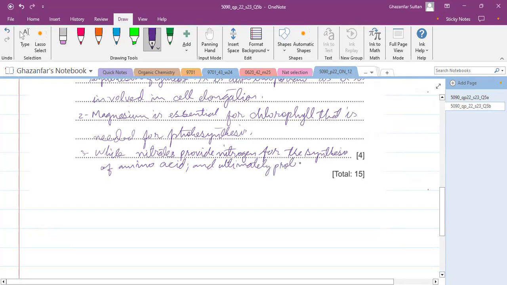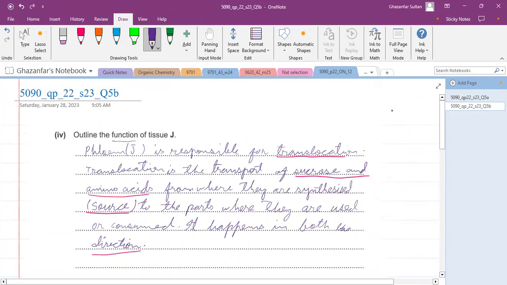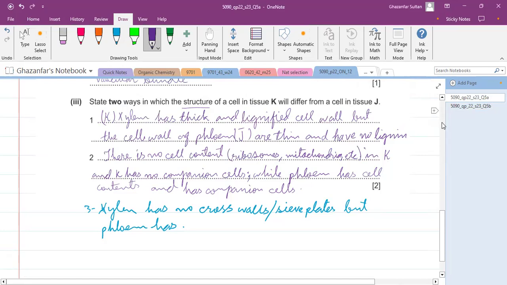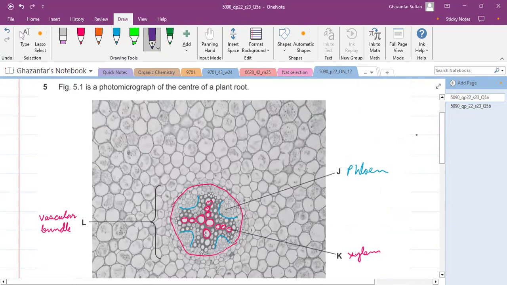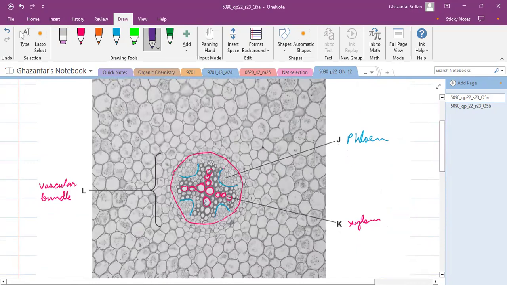Okay. So that was the question in 2023, paper 22. You should also prepare such type of question for your examination this year and next year's. For the LS, meaning the longitudinal section of the stem or leaf as well, because such questions may be repeated in different ways. Okay,